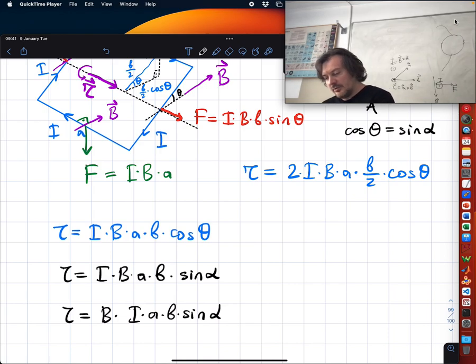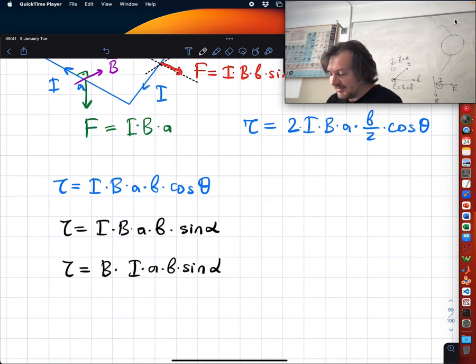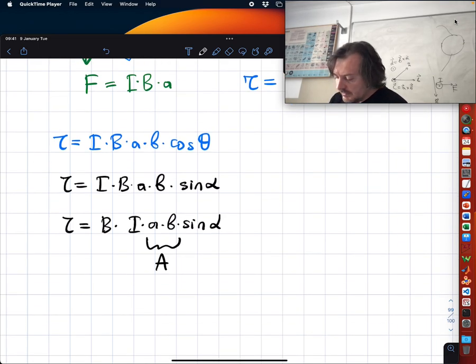Did I do anything wrong? Not yet. And I won't do anything wrong, don't worry. So, is this the area of the object? Yes. So you see torque